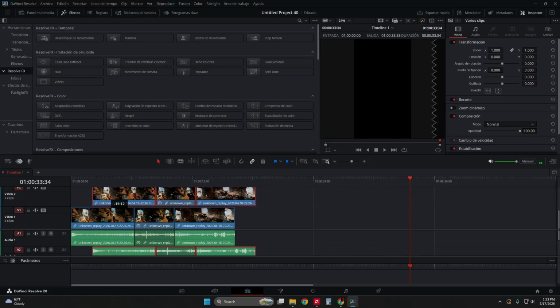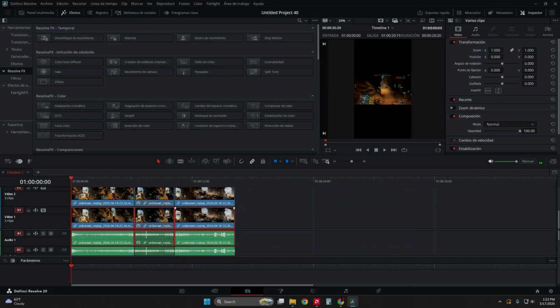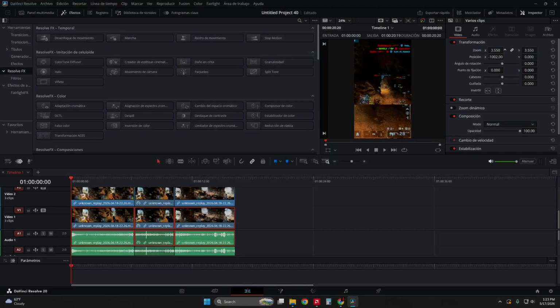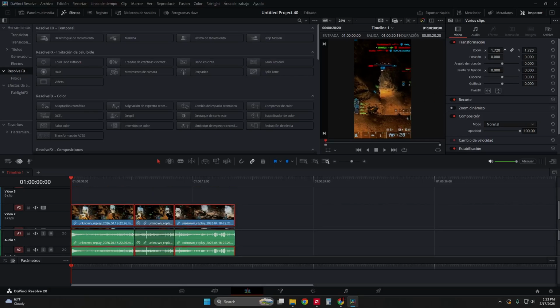I'm just gonna put this on my timeline. So now this one is gonna be my background, so I can amplify that to where I want it to be, where my gun is, so you see how many bullets I have left. But in this case, it's gonna be just me, the character dancing there, the middle screen. So I just amplify this as well, make it fit. So now you have a format where it's gonna be nice for visualizing this video on a phone.